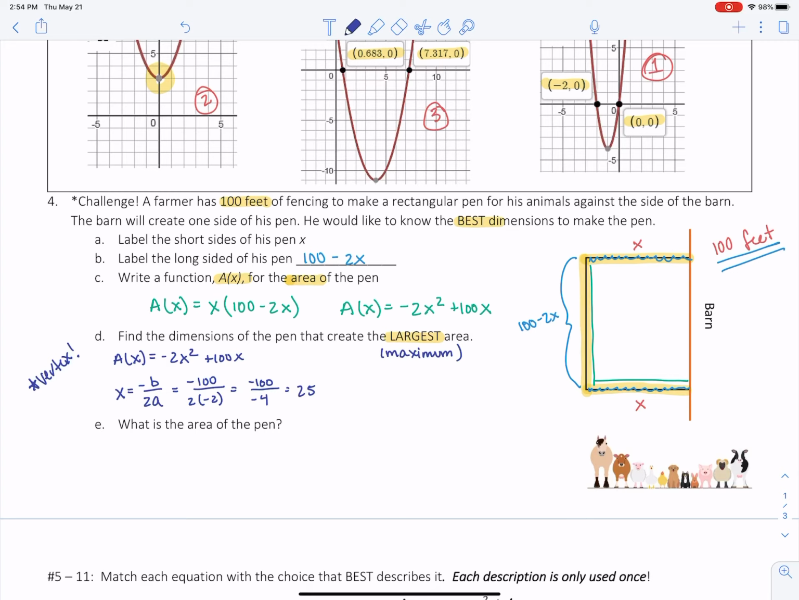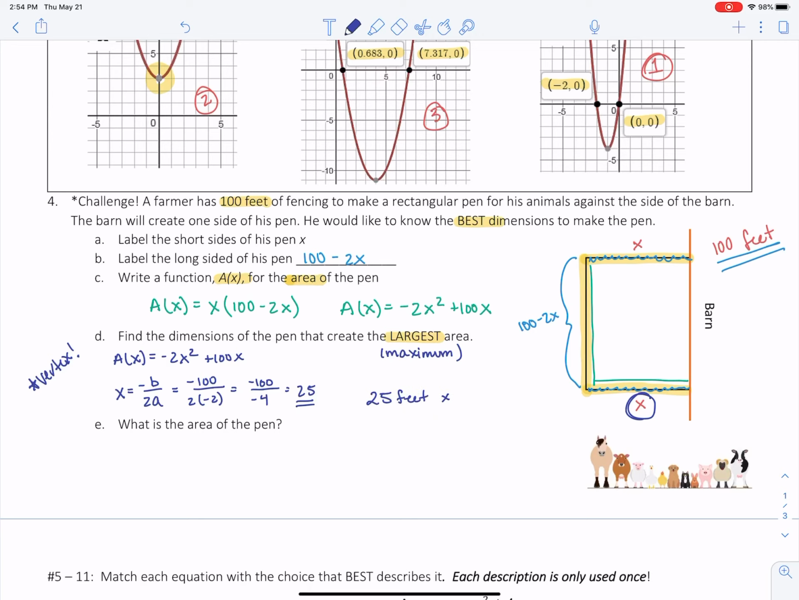Okay, so meaning that my x value is going to be 25. All right, for right now, I don't have to find the y value. I just need to know that x is equal to 25. So going back to my drawing over here, I know that x represents my short side. So the dimensions of my pen should be 25 feet